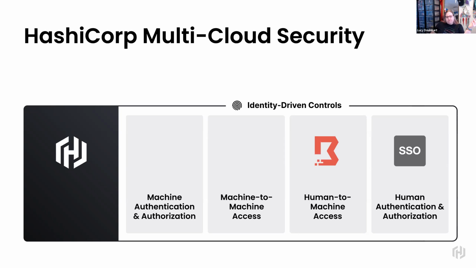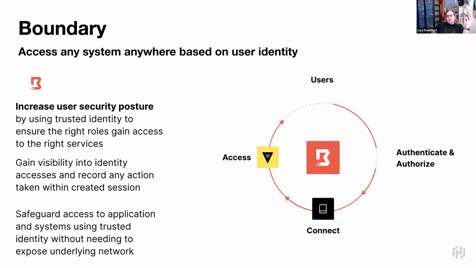So we have our tool called Boundary, which is a solution that allows you to tackle this problem in a slightly different way to how VPNs work. So the Boundary workflow is relatively simple. With Boundary, you want to provide strong authentication to end users, show them only the resources that they can access based on some authentication rules, some authorization rules even. And we want to be able to automatically discover the resources that they can access and then finally seamlessly connect to them using popular mechanisms like SSH, RDP, database connections, whatever.